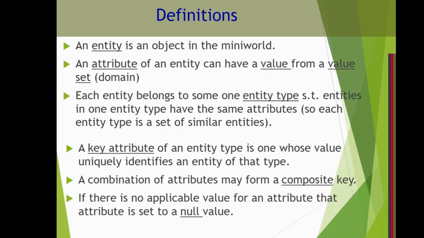Are you getting which part in which one? For example, S1 supplies part P3, quantity 250. S1 supplies part P1, quantity 150. So, what is the combination? S1 supplies 5 parts: S1, P1; S1, P2; S1, P3; S1, P4; S1, P5. So, we will be showing 5 different rows of data. Are you getting it? So, supplier code along with part code will be a composite key. So, if two or more attributes together form a key attribute of a particular entity set, we call it a composite key.